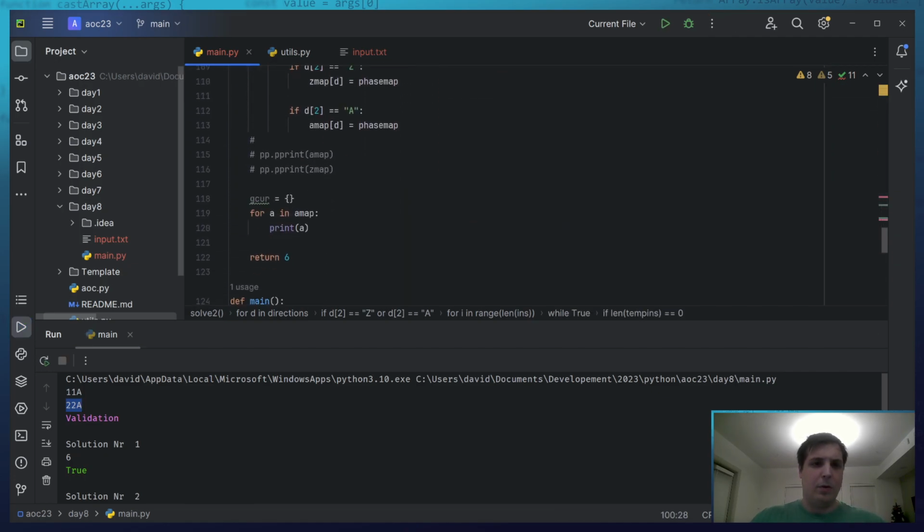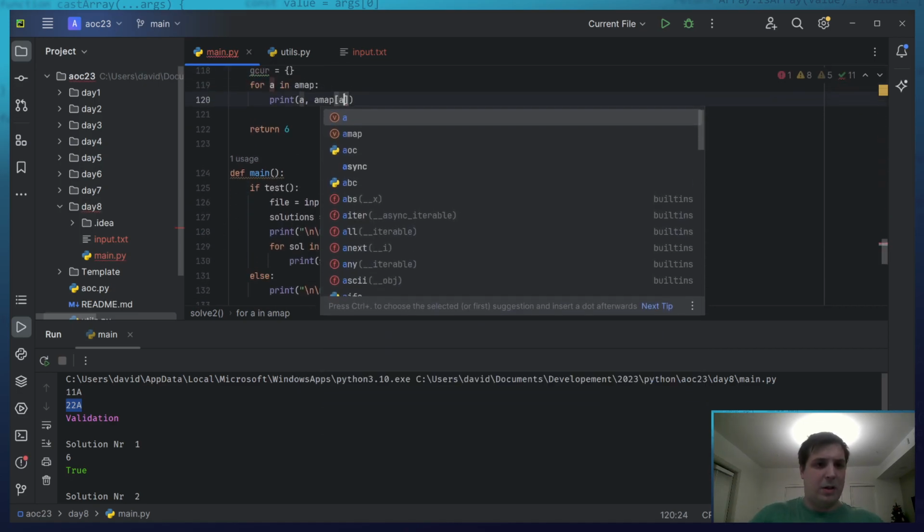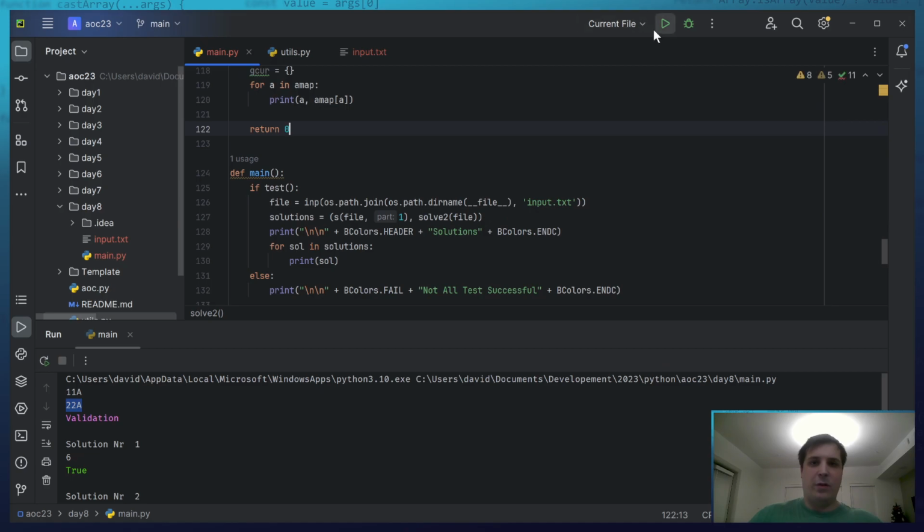Yes, I'm only getting one of the things, A and then A map A. I'm going to stop returning the right thing and only go on the small thing here.